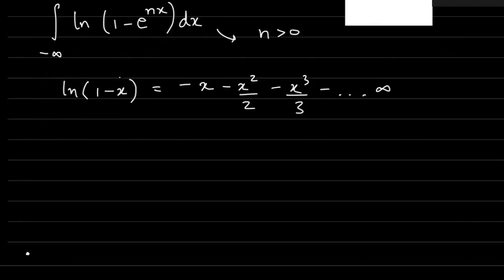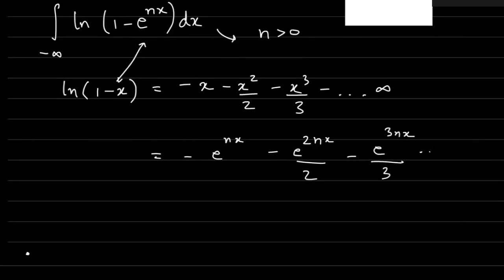So now, replacing x with e to the power nx, we'll get e to the power nx minus e to the power 2nx, 3nx, and so on till infinity. Okay. Now, after integration, you have to put limits. Lower limit is minus infinity, upper limit is 0. And